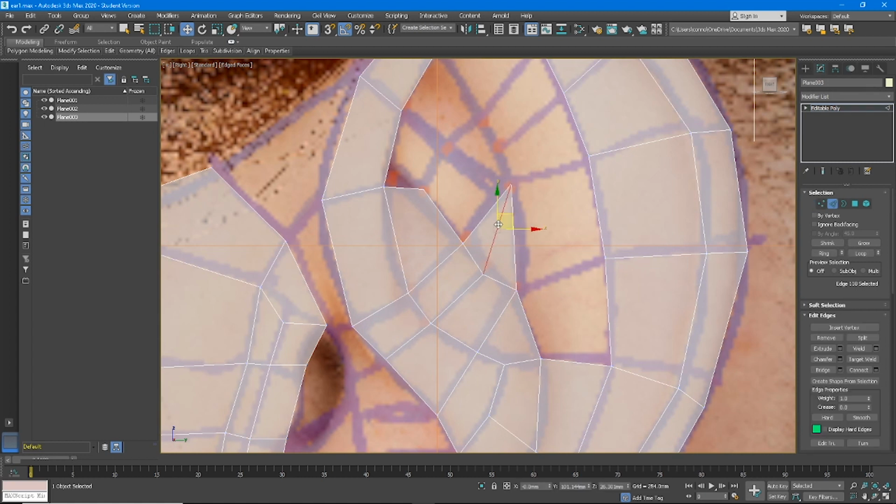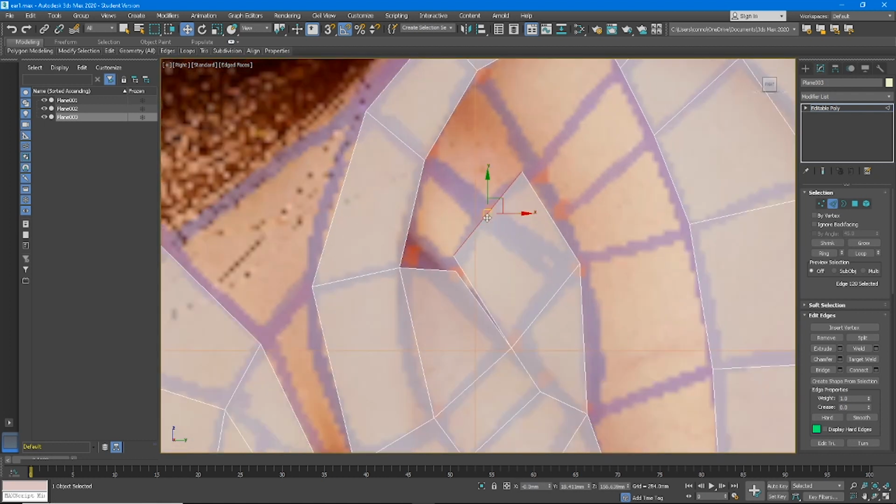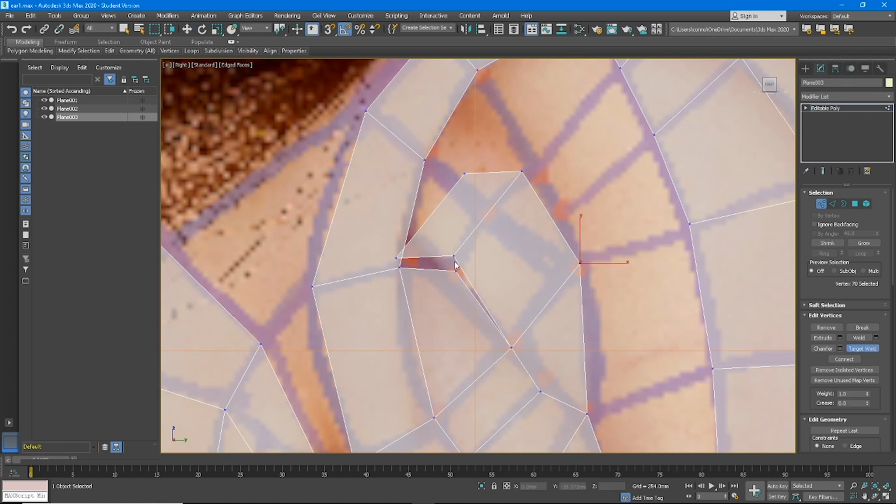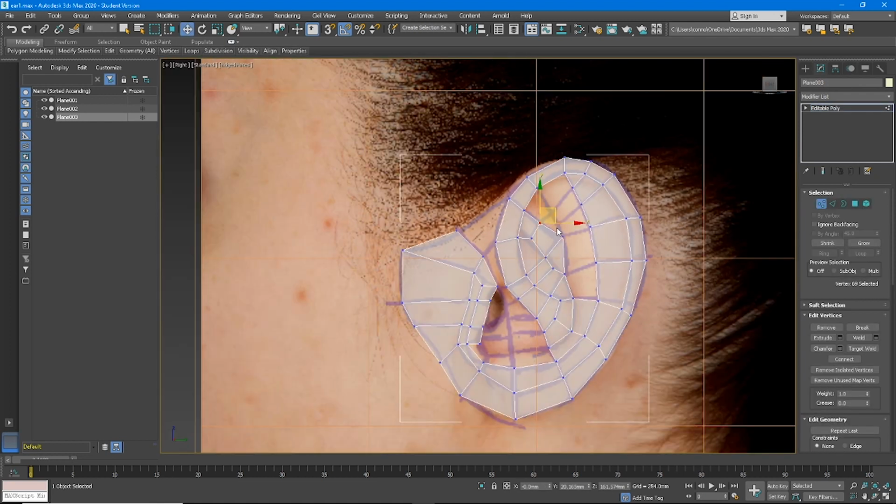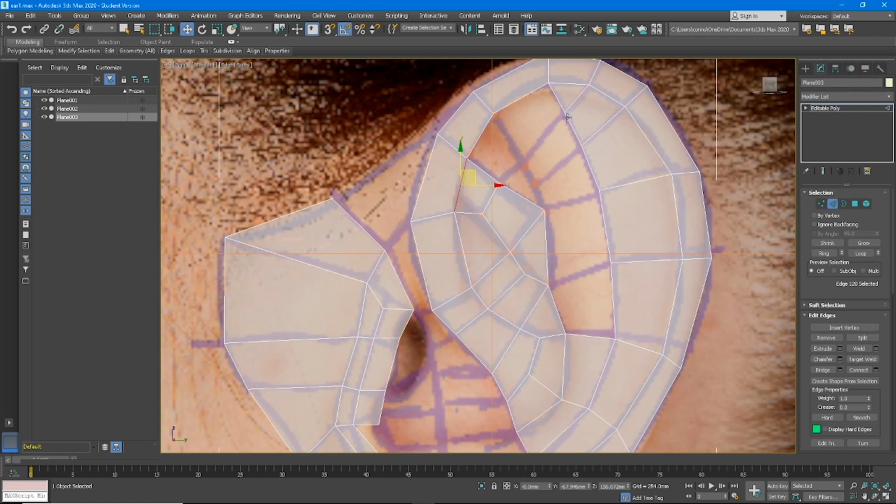Of course, backspace on this to delete it. Alright, let's select this, let's move this to here, and then let's hold shift again to move it to there. We've got some target welding to do, so okay, here the easiest and quickest way to do this would probably be to